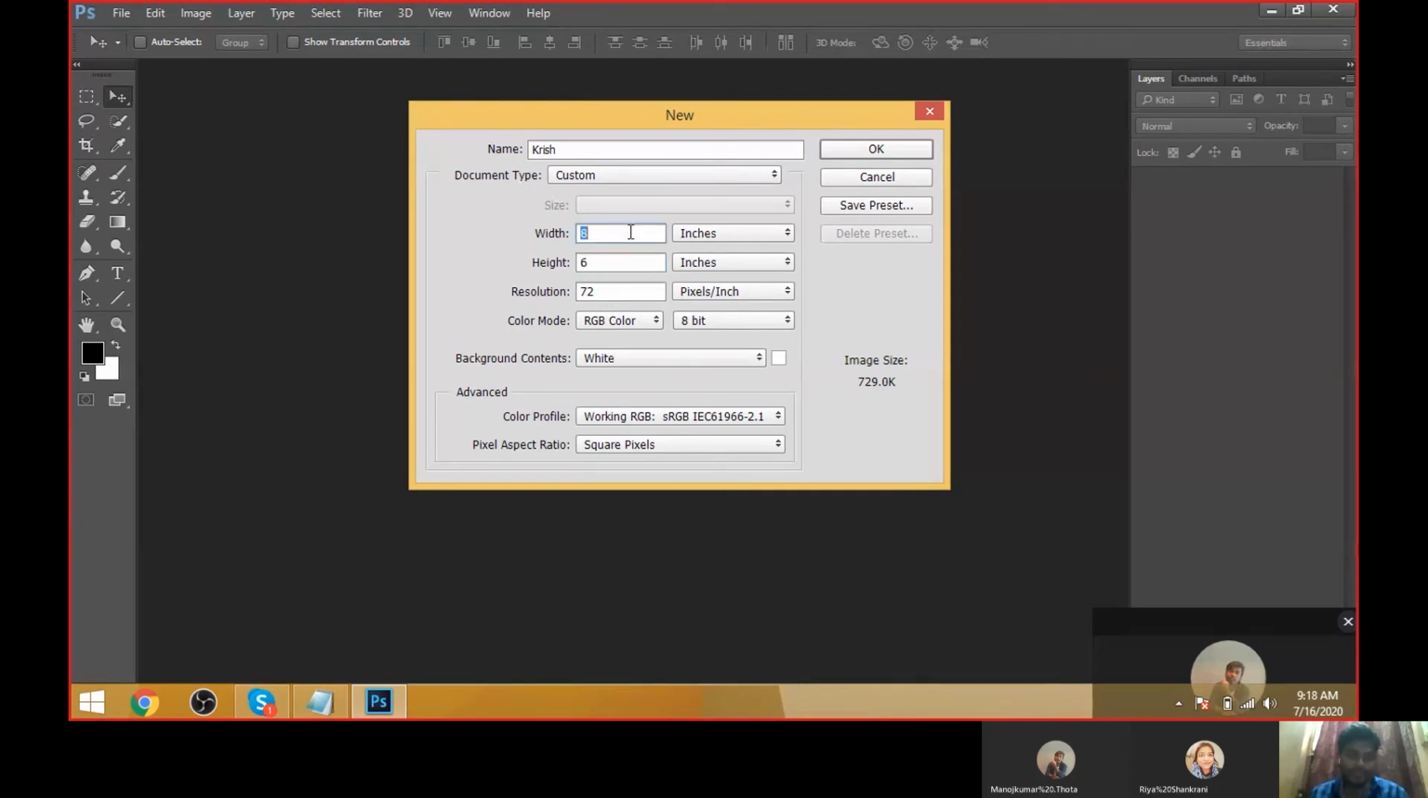Okay, here just take the 8 and 6. When you keep your custom size, then automatically the document type will be custom. Okay, and